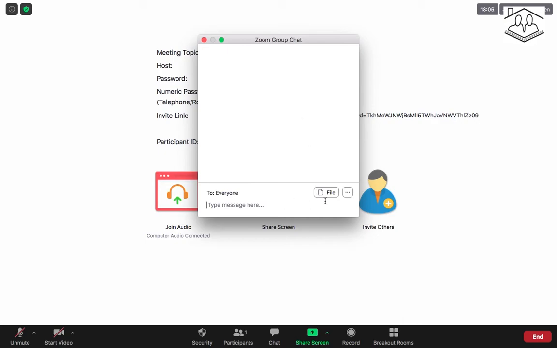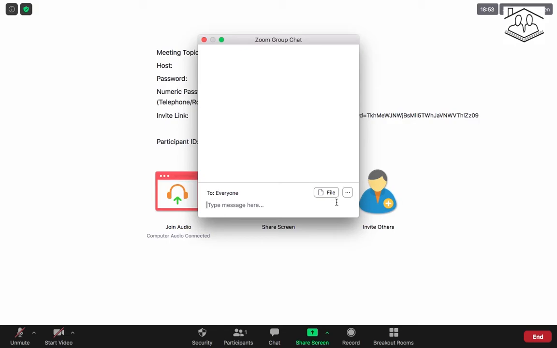In the chat box, you see some options over here, and the first option is file. So you can share files like Word documents, PDF documents, pictures, and other things in Zoom chat. But I wouldn't suggest you use this option, because the majority of your learners would be using a Chromebook, which is provided by Safti. And because Chromebook has a very limited version of Zoom, it doesn't support file transfer.